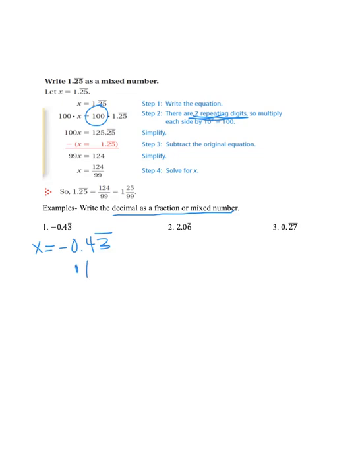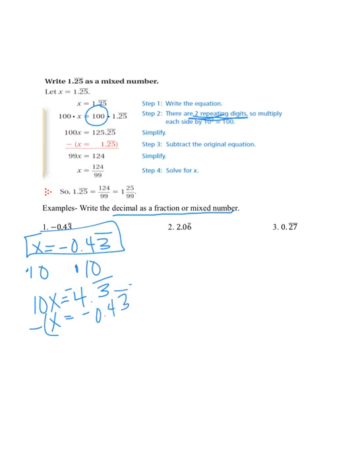So times 10, times 10. So that's going to give you 10x equals negative 4 and 3/10 repeating. Step 3 then says subtract that original, right here, this original equation. So minus x equals, so minus this quantity, negative